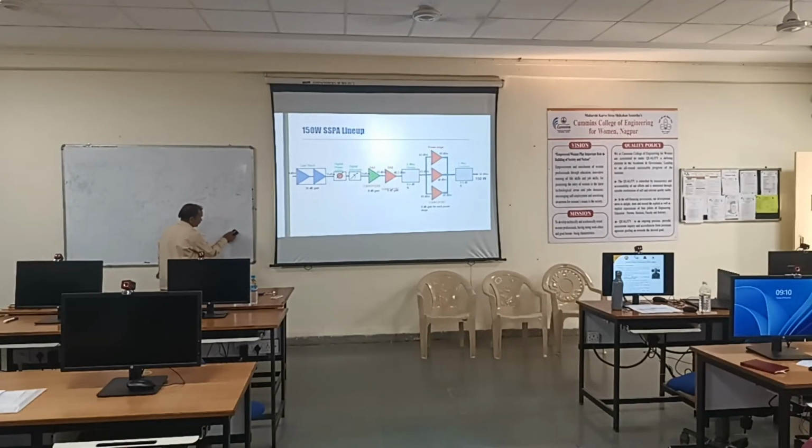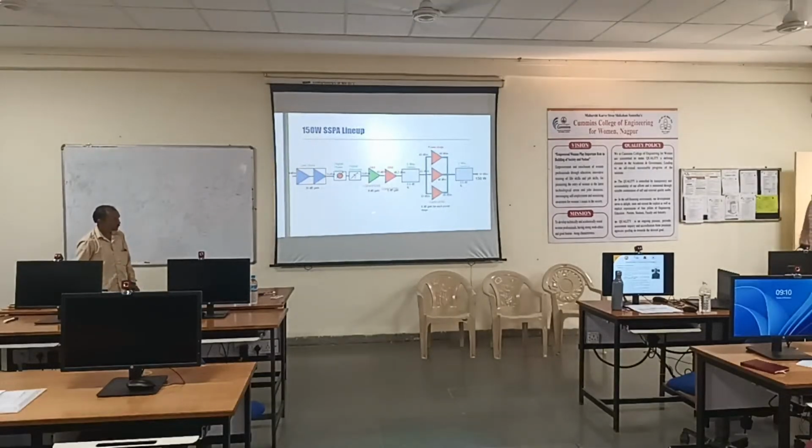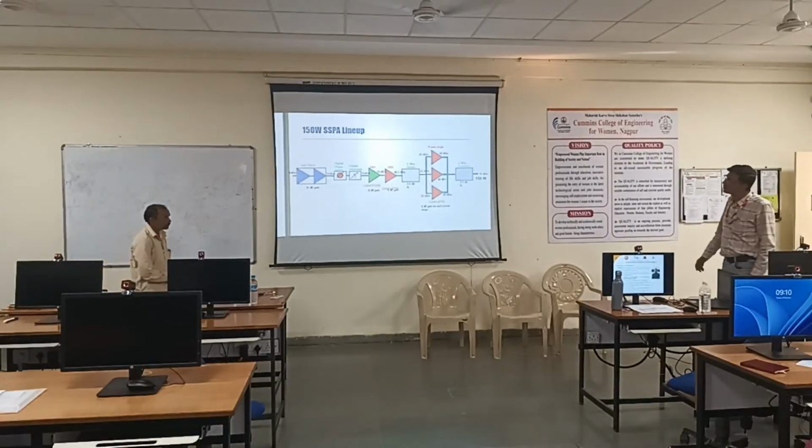The signal coming from here will get divided into three parts, and you can see the parallel cascading, and they all will get combined through a three-way combiner, and you get the 150 watt of output power. The numbers and calculations are all written here. If you are interested, you can please refer to these slides. Devices also I have mentioned. Some of the designs I will share with you for these devices only.